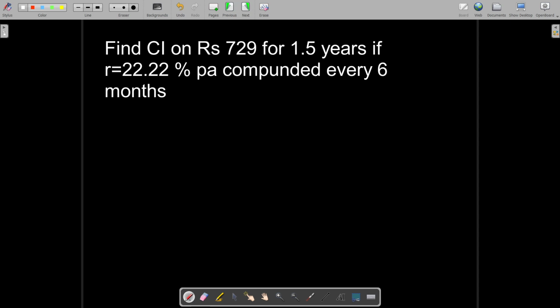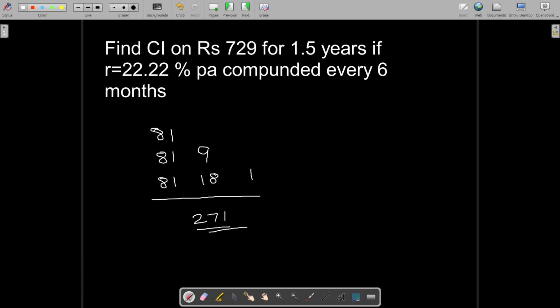For the first 6 months, you will get an interest of rupees 81. For the next 6 months, you will get an interest of rupees 81 and an added interest of rupees 9. For the final 6 months, you will get an interest of rupees 81 on the principal, an interest of rupees 18 on the previous interests, and an interest of rupees 1 as interest on interest on interest, giving you a total of rupees 271 as total interest.